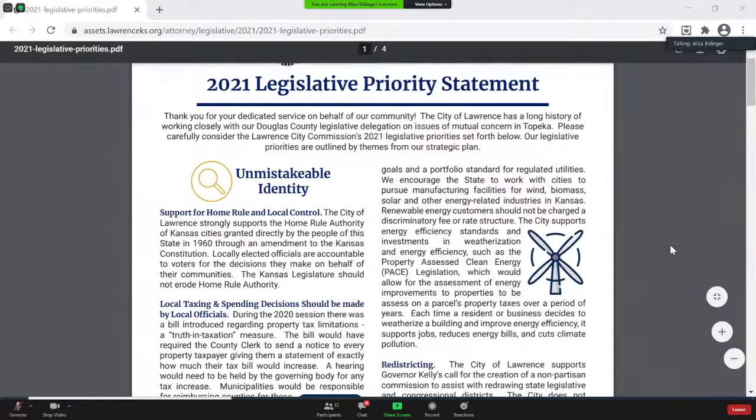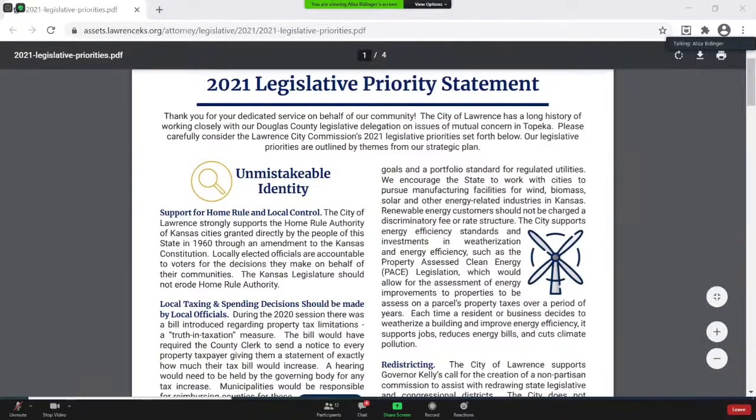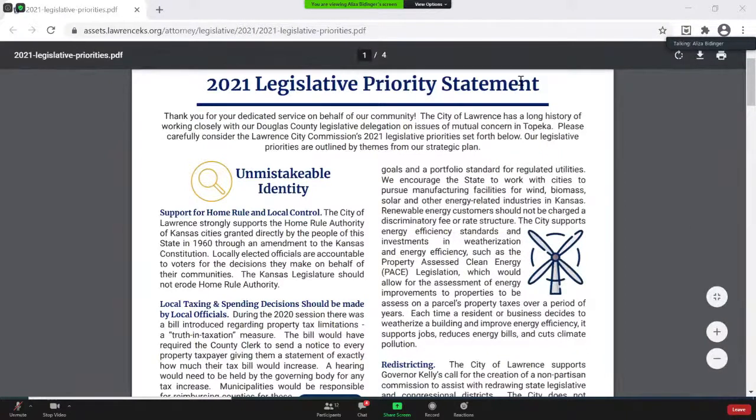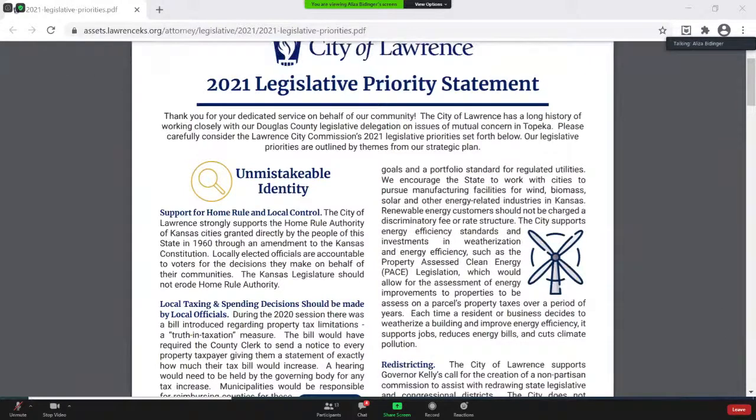The statement also guides input provided to legislators and committees as needed regarding legislation that is introduced during the session. A draft was submitted to the City Commission in November, and then in December, the City Commission adopted the legislative priority statement that you see in front of you.